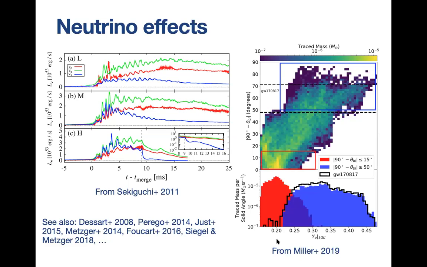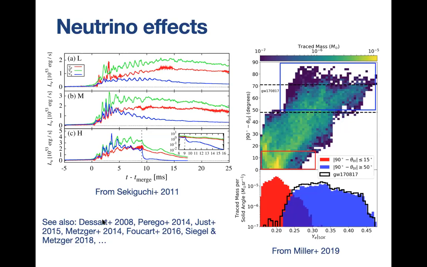This is, for example, a simulation by Miller et al. This is the only simulation that really included everything for the post-merger. They didn't have dynamical space-time, but they considered a case around a Kerr black hole and a fairly light disk, so they don't have to worry about space-time evolution. But in principle, the simulation included MHD and neutrino radiation transport with Monte Carlo methods. And what they find is that indeed these neutrinos emitted from the central part of the disk can be reabsorbed in the wind, can push the composition to higher Ye, and in principle explain observations like the blue kilonova, but also explain the formation of light r-process elements.